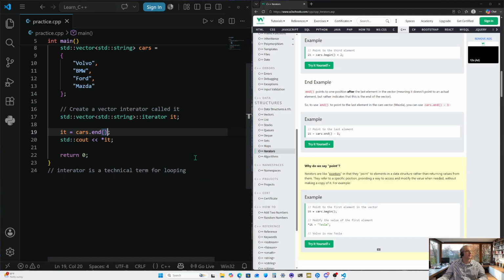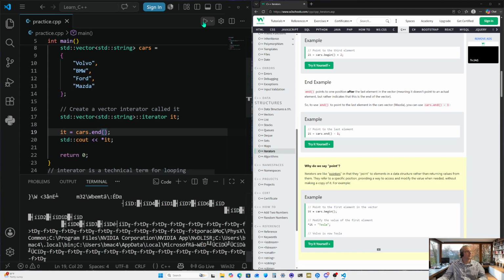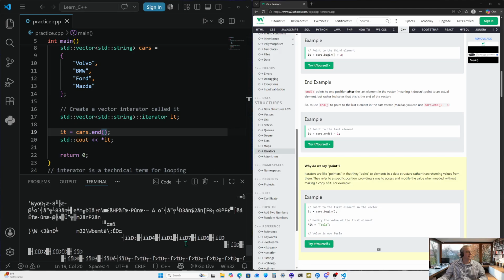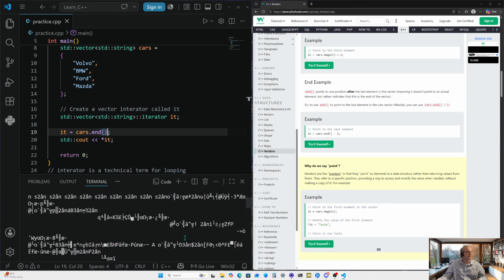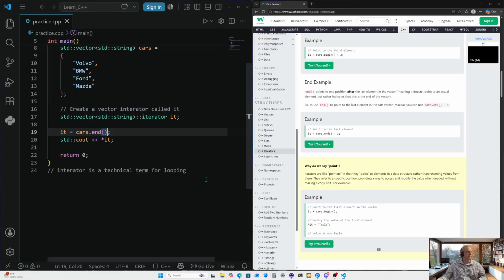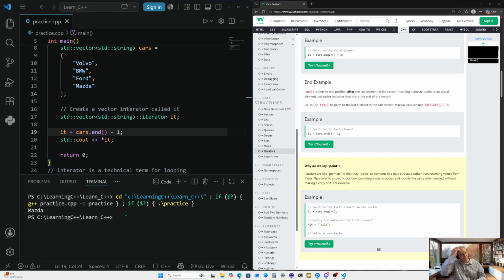In fact, the program's probably trying to still run. Yeah. Because there's nothing in that location, so this gives you a bunch of nothing. Close that out. So we'll put it back to -1. Save and run that. I don't know what all that was in the terminal when I didn't have anything in there, but